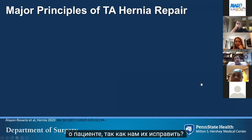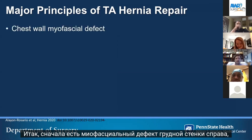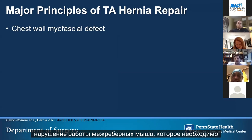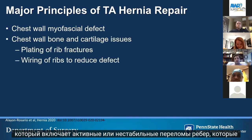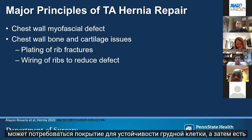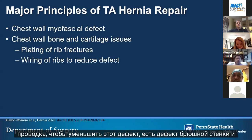So how do we repair them? Well, there's obviously a lot of things going on here that need to be considered. So first off, there is a myofascial defect of the chest wall, right? That is disruption of the intercostal muscles that needs to be considered. There are bone and cartilaginous issues that includes active or unstable rib fractures that may need to be plated for chest wall stability. And then there are increases in the interspace between the ribs that may require wiring to reduce